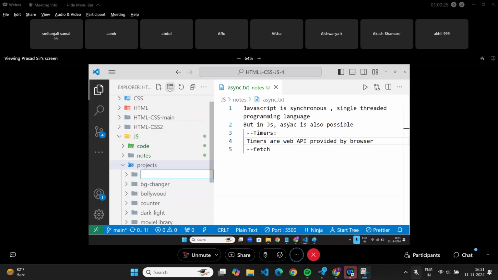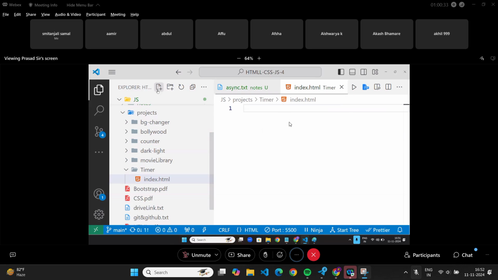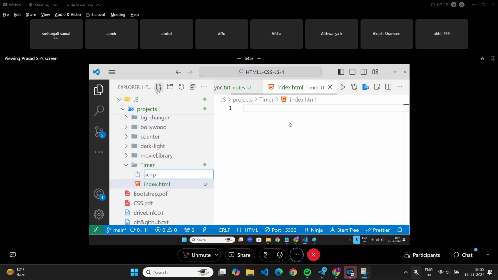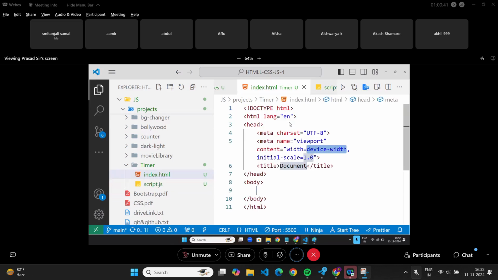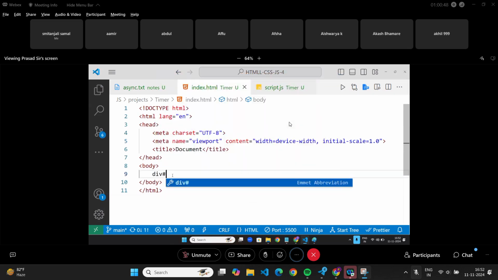Project timer: index.html and script.js. Now inside this, in the div, I will write div id time.